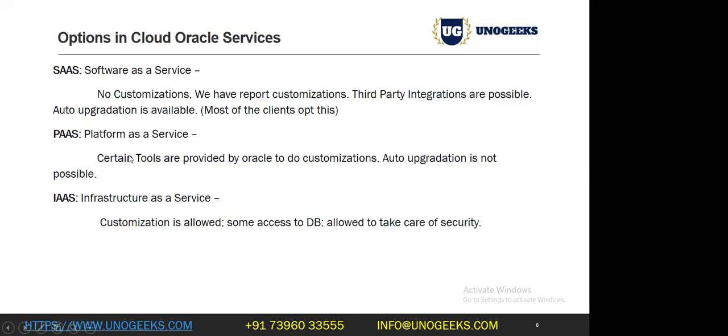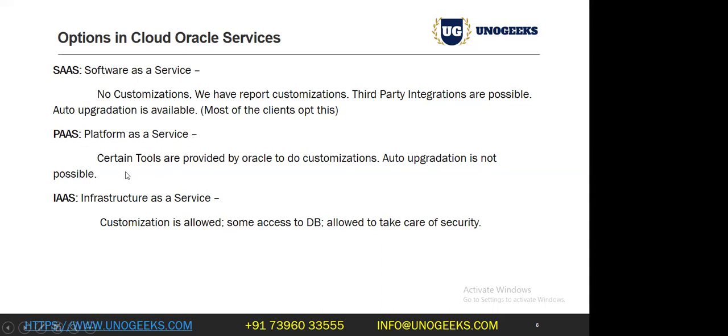And PaaS is one of the options for those running business in maybe more than 20 countries, because the usage is going to be different from country to country. In that case, SaaS is not going to fulfill all the requirements of that particular client, so they are going to use PaaS.